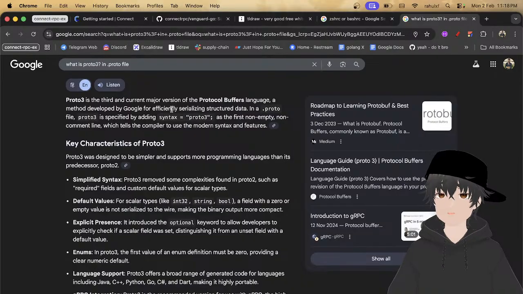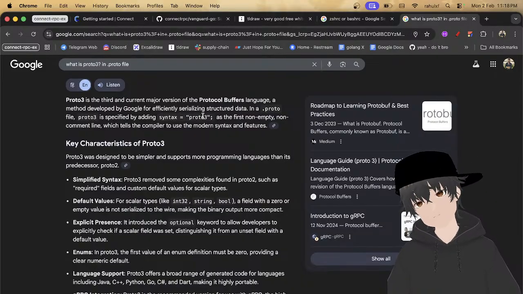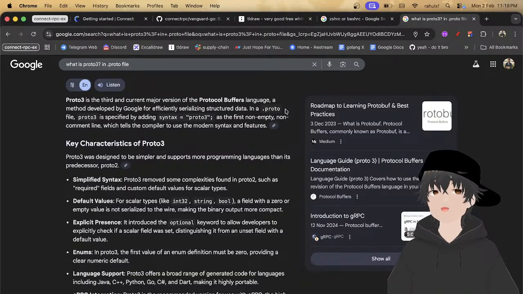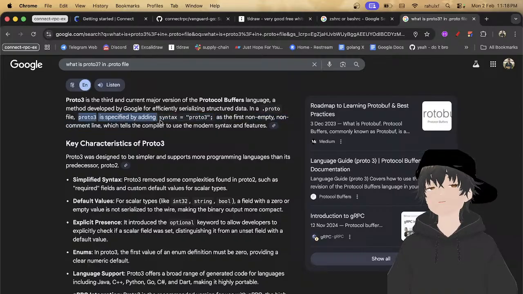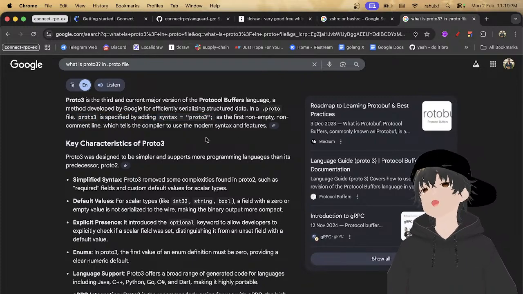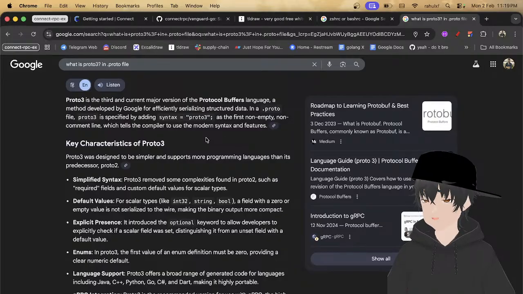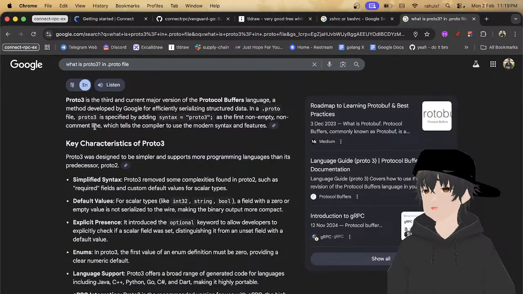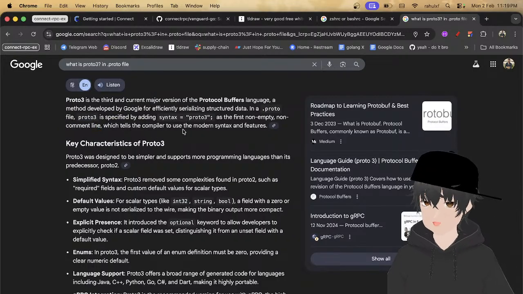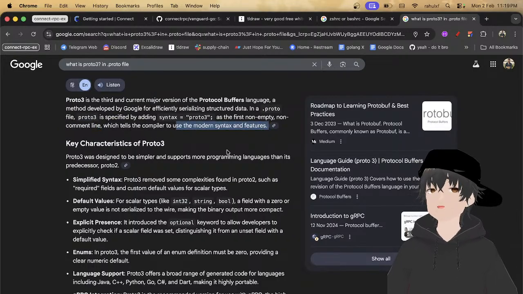Developed by Google for efficiently serializing structured data in a .proto file, proto3 is enabled by adding syntax equals proto3 as the first non-empty, non-comment line, which tells the compiler to use the modern syntax and features.